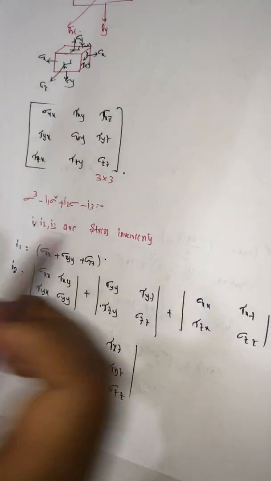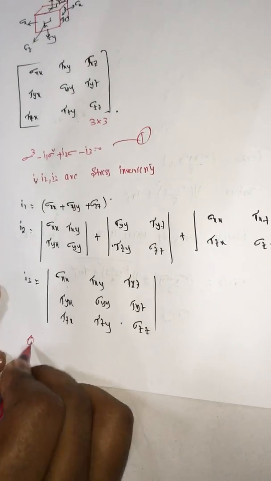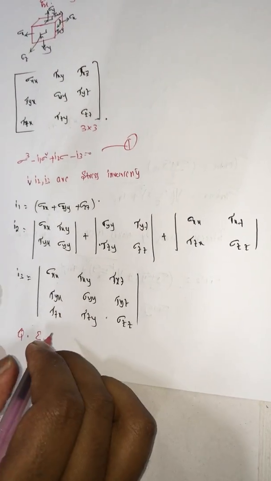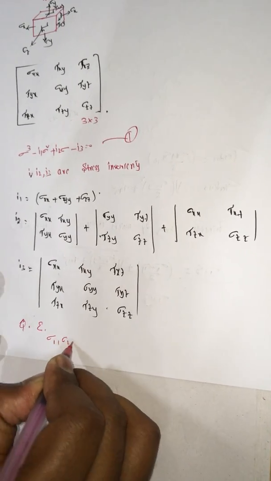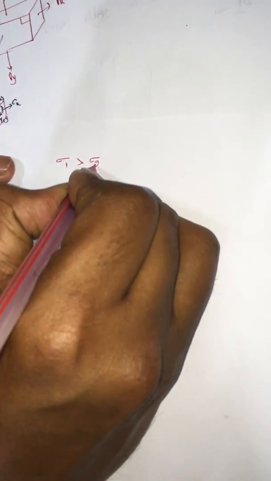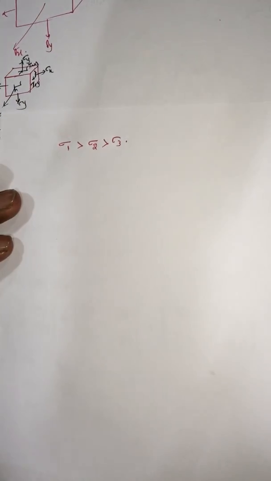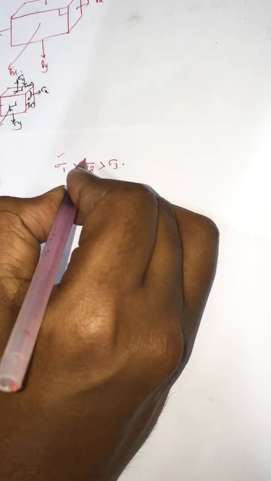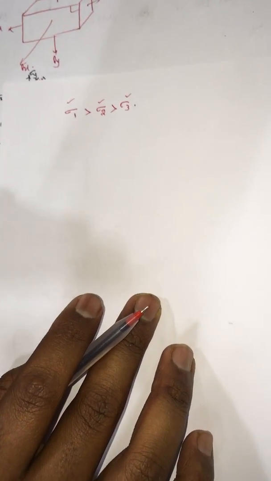If you substitute these I1, I2, I3 values in equation 1, you will get the equation. On solving it, you will get 3 roots. Those 3 roots are sigma 1, sigma 2 and sigma 3, where sigma 1 is greater than sigma 2, which is greater than sigma 3. This is the maximum principal stress, this is the second, and this is the third one. This is the way you calculate the